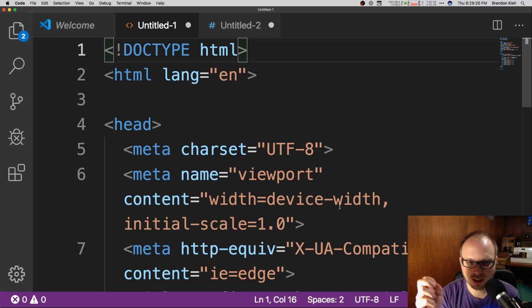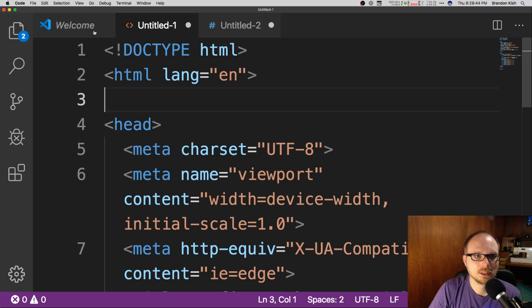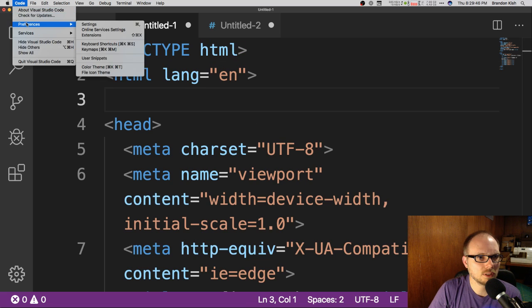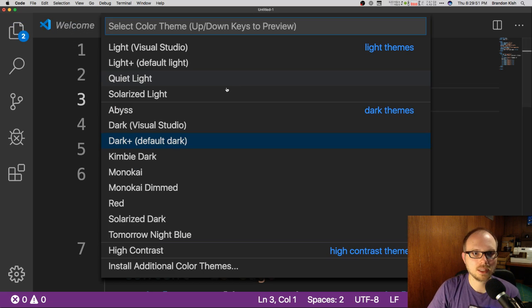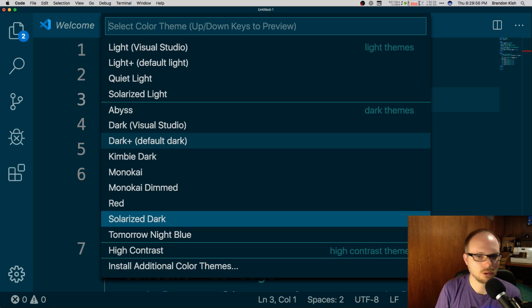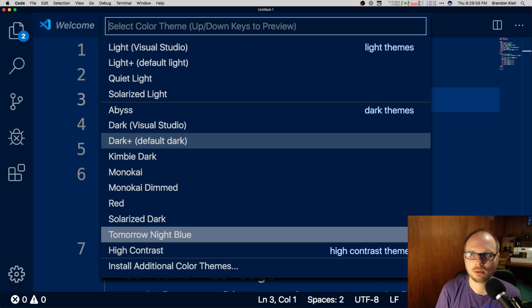I think someone mentioned how you can customize the colors. You could spend days just picking out the exact color scheme that you want for your syntax highlighting, or you can go search the extensions for a theme from someone who's already spent the time to customize the colors. I think somewhere in here there's even already some defaults. Yeah, if you hit Command K, Command T, you can actually see some of the themes that are built in. And if you hover on any one of these, it'll give you a preview.